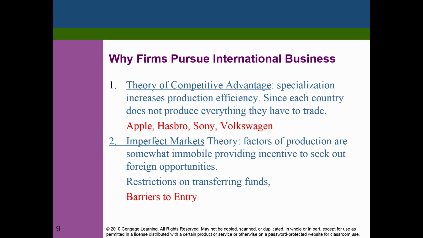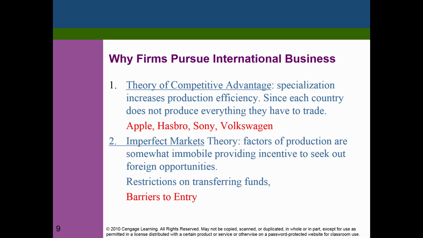So what we see here is that in the case of Apple, which is a US company, they do all the designing in the US. At the same time, when it comes to manufacturing, they go to China. If you look at Sony, Sony is a Japanese company. They again are very good at engineering, but manufacturing costs are very high in Japan. So again, what you see is that a company like Sony, they do the design in Japan and they do the manufacturing in a lower cost country such as Malaysia. If you look at Volkswagen, again, what they do is they do the design in Germany, and the actual manufacturing they might prefer to have in a lower cost country such as Mexico when they sell cars in the US.